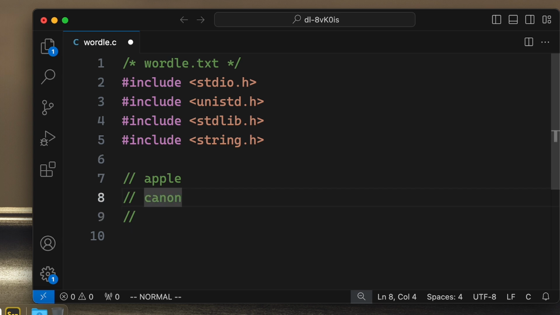So C is not there. The A is there, but it's at the wrong place. So this will be yellow, right? And yeah. And then he might do something like,